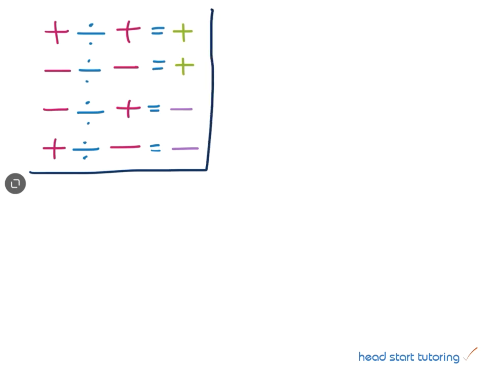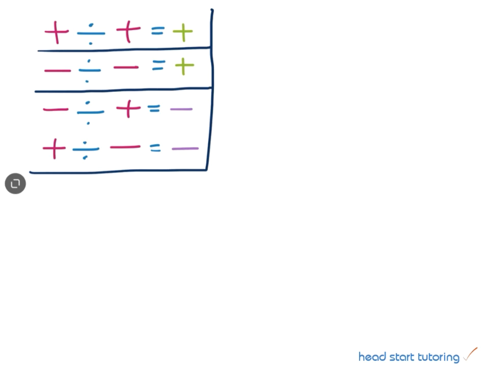When we are dividing with integers, when we are dividing with positive numbers, we know that we will always get a positive result because that is what we have been working with. So when our signs are both positive, we know we'll get a positive result. When our signs are both negative, just like when we are multiplying a negative by a negative, in the same way, when we are dividing a negative number by a negative number, we still end up with a positive number. So when our signs are the same and we are dividing those two numbers, we end up with a positive